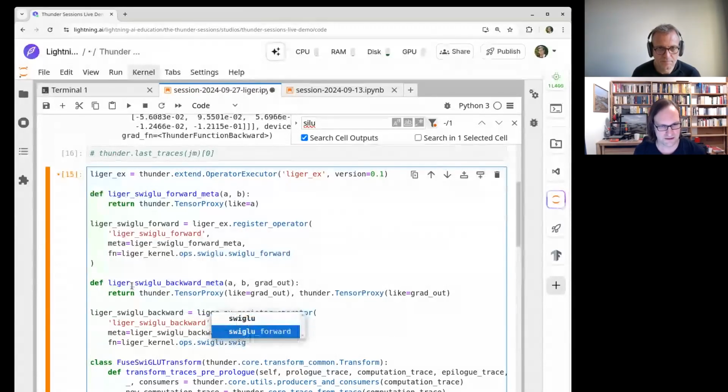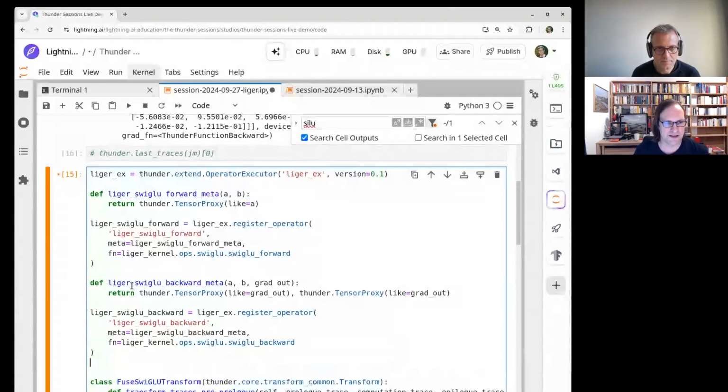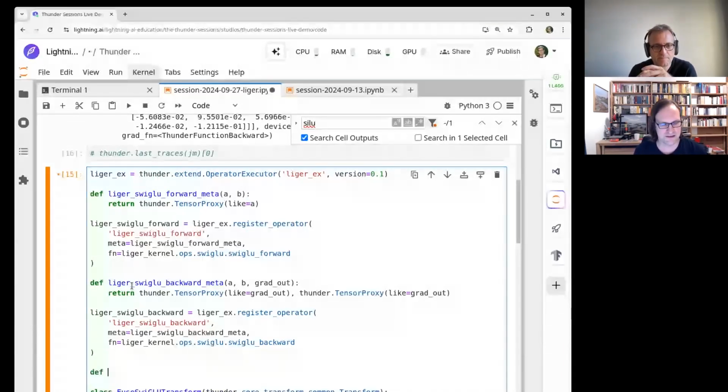And for some reason it doesn't give me good autocompletion here. Okay, and so this is the backward.